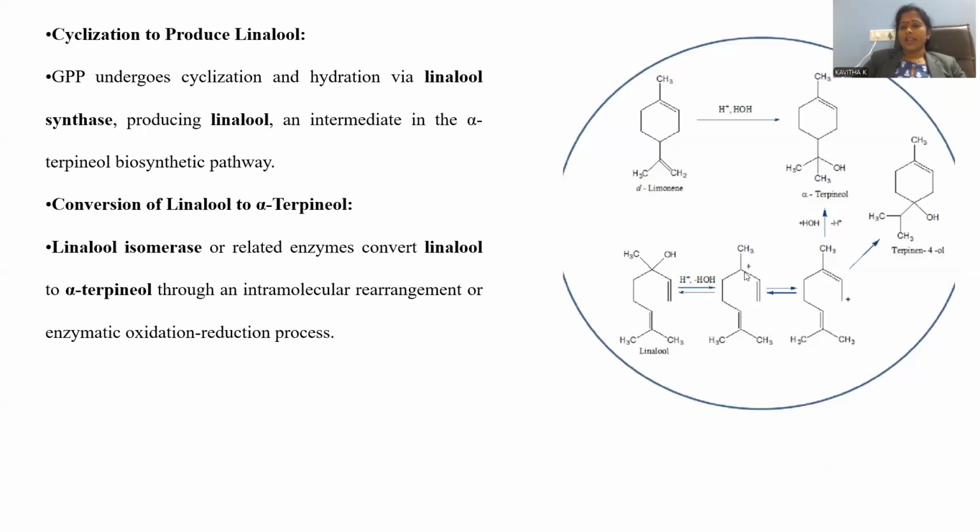The generated carbocation will participate in a kind of delocalization of electrons. Here is another terminal carbocation you can clearly observe. Here we have to discuss one important point. This is the tertiary carbocation. This is the primary carbocation. Though tertiary is more stabilized, still there is a possibility to achieve this primary again. That is purely because there is a provision for the cyclization.